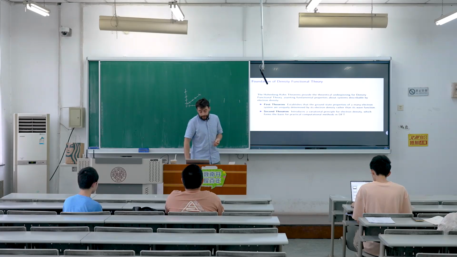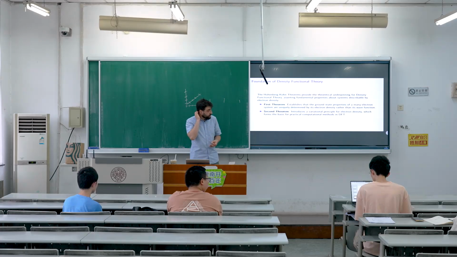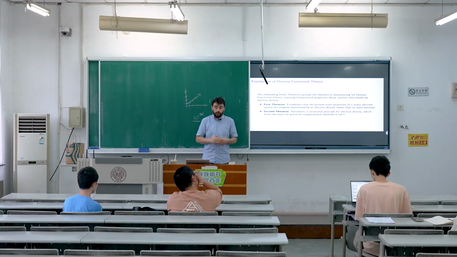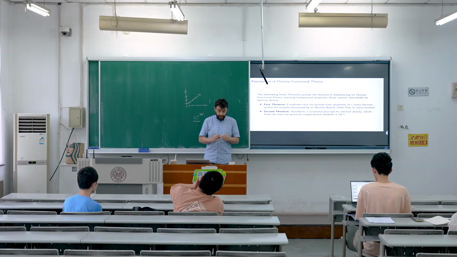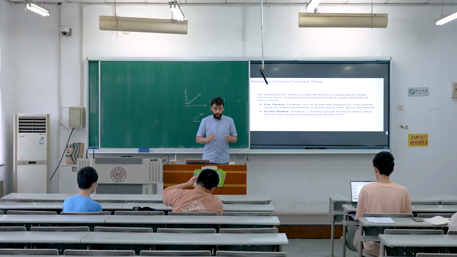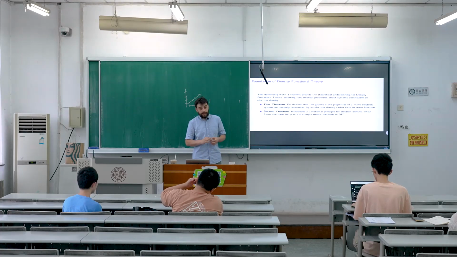Okay. This is quite similar to what we said in quantum mechanics about Hilbert spaces and state vectors. We said every conceivable piece of information about the quantum system is contained within the state vector. Well, the first Hohenberg-Kohn theorem effectively states that alternatively, all of the information about the ground state, not about every state, is contained within the density. Okay, and then the second theorem